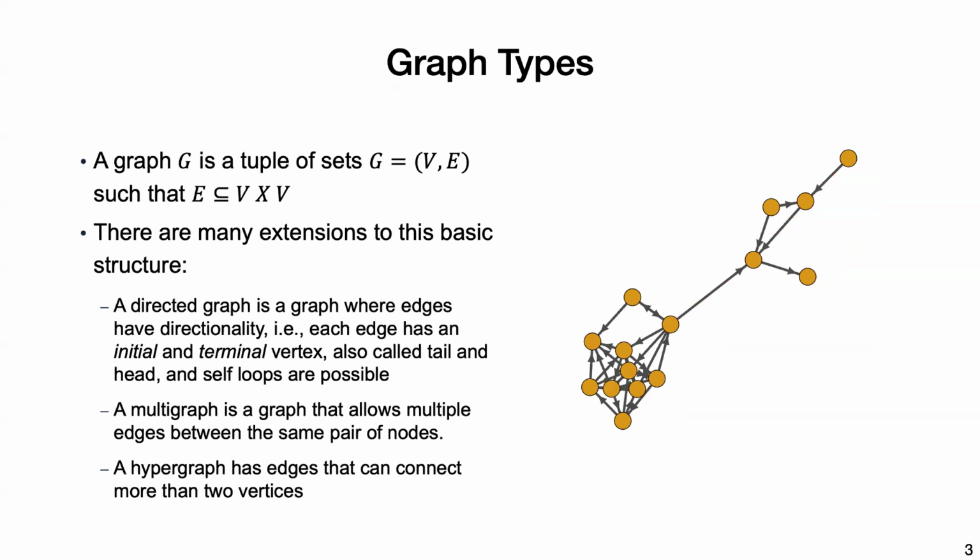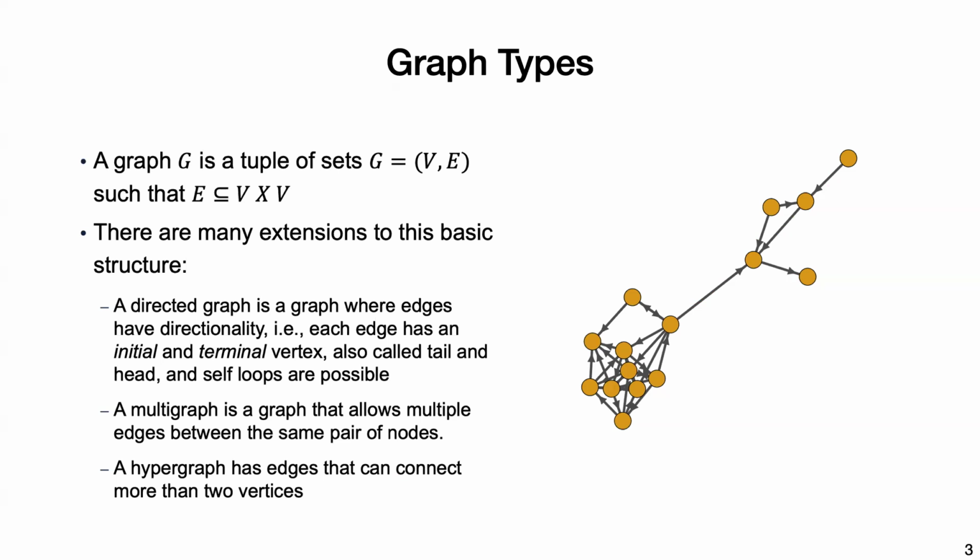More formally, a graph is a tuple of sets, vertices and edges, such that edges are in V cross V. V cross V is just the Cartesian product of the vertices. And there are a bunch of extensions to this. For example, a directed graph is a graph where edges have some direction. They're not symmetric, so an edge from U to V does not necessarily imply an edge from V to U,